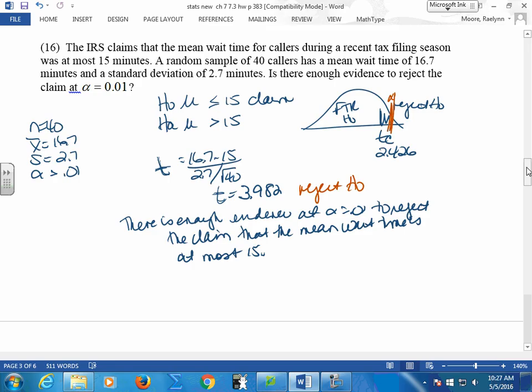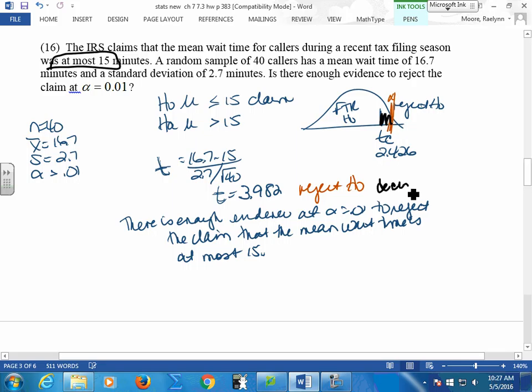All right. So the IRS claims that the mean wait time for callers during a recent test is at most, less than or equal to. It's got the equal sign, claim, H0, HA, right tail test. Label, find your cutoff, and take out your random sample of 40. Sample information, find your T-score. Decision. That's a decision. This is the interpretation. Good? This is the easy